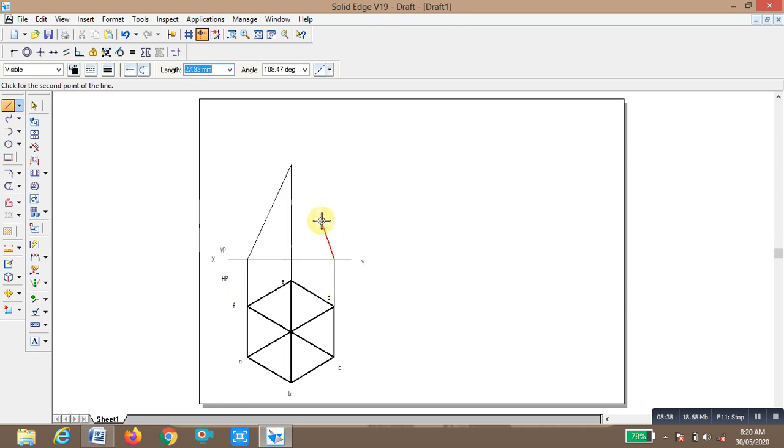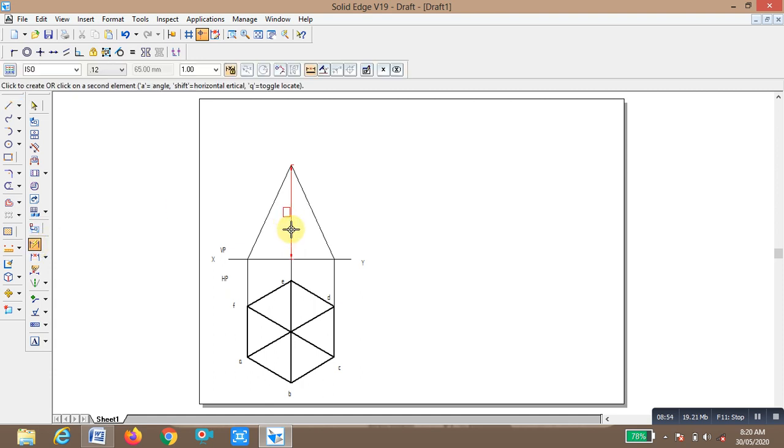You select these lines, okay, before taking the section, so mention the height. What is the height of this pyramid? You have to show it on one side. One dimension is minimum required. So what is the base width? Okay, now the section plane passes at a distance from the base of 30 mm.